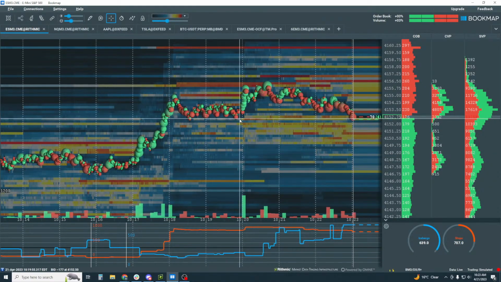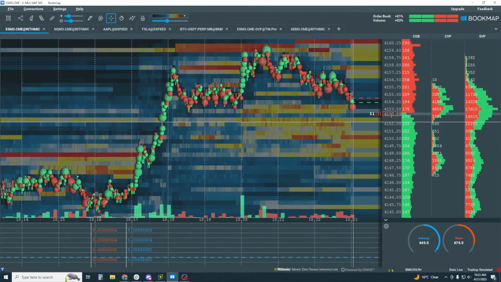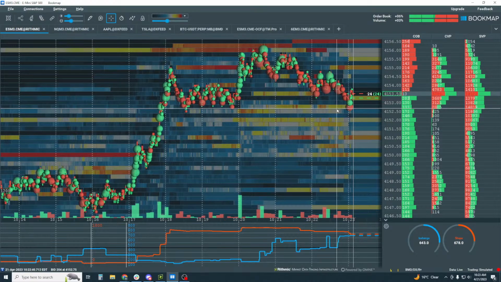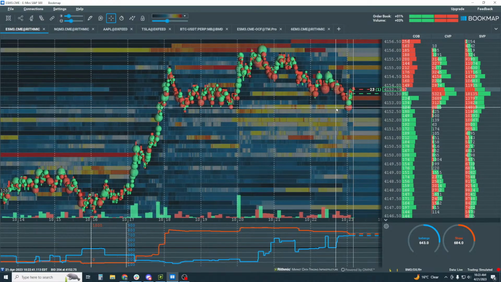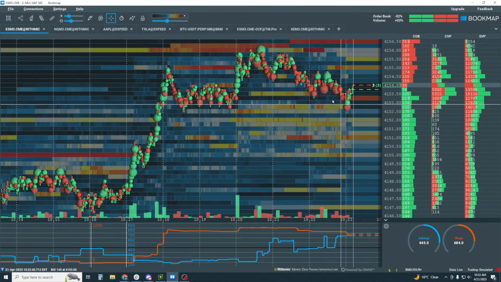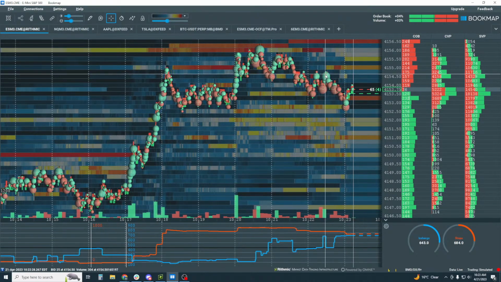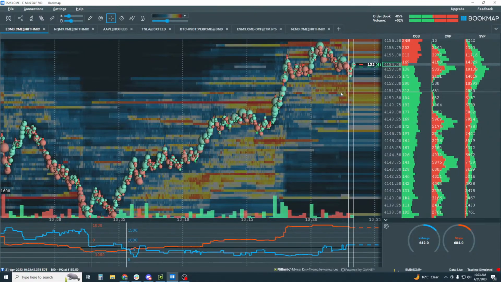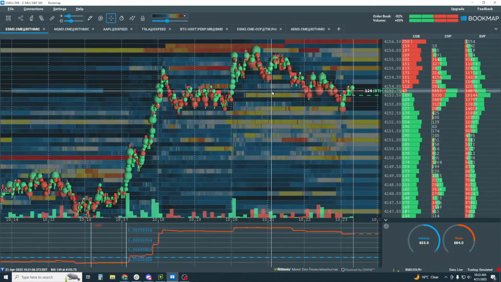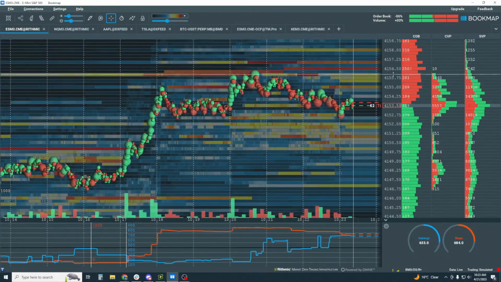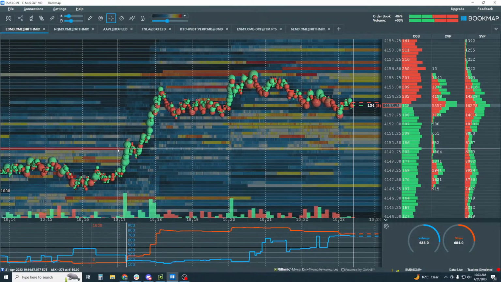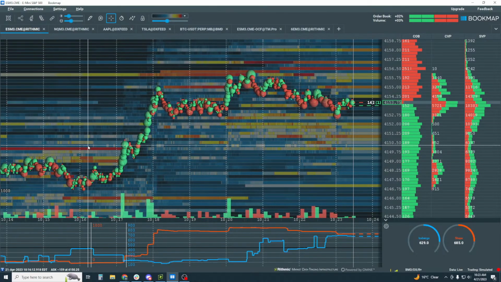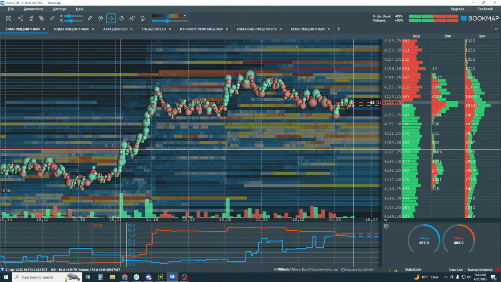We would look for this to drop into, and it's already done it, okay, into our level here. I would take partial profit there just to reduce risk. It's not a trade recommendation. It's just a consideration for managing your trades. Okay, now let's go through it though. Why, and we'll zoom in and look at these two examples. Okay, why not here? Well, they're on the offer here, they're on the offer here, but look at that buying pressure